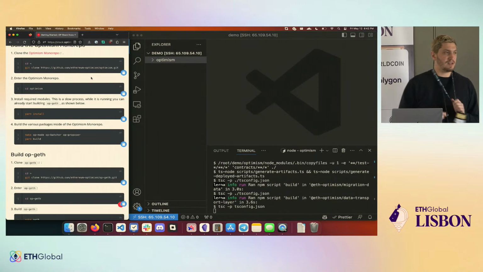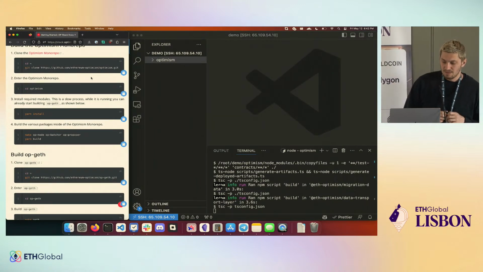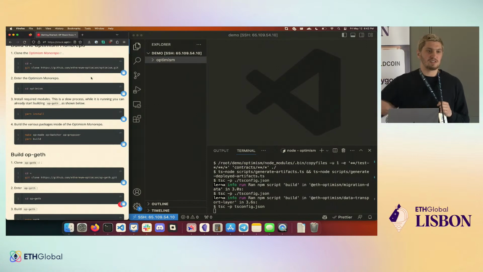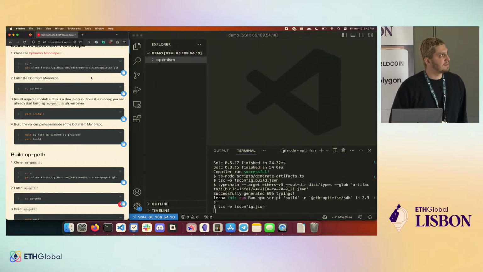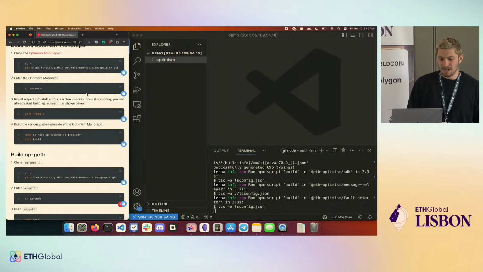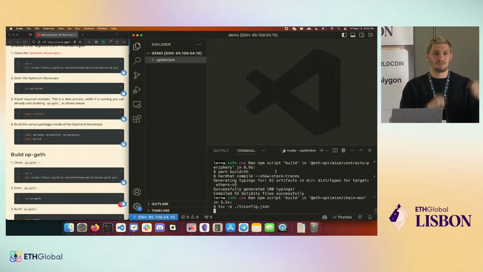And the proposer is something that exists for now, but won't exist relatively soon, which proposes what the output of the L2 is to the main bridge, which allows users to then withdraw funds from the main bridge. For testing, you technically don't need to run the proposer, but why not? But you do need to run the batcher, and you need to run one OP node, OP Geth pair together,